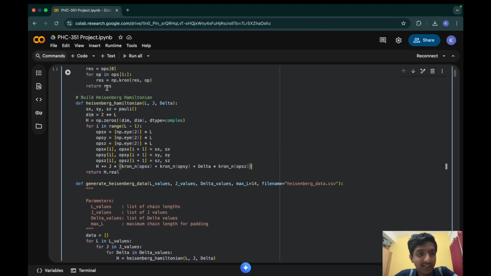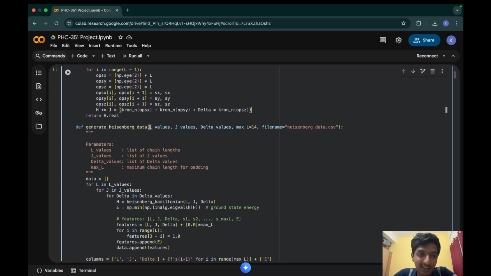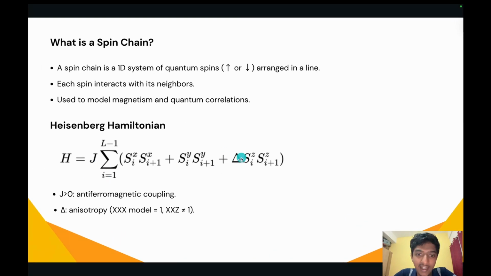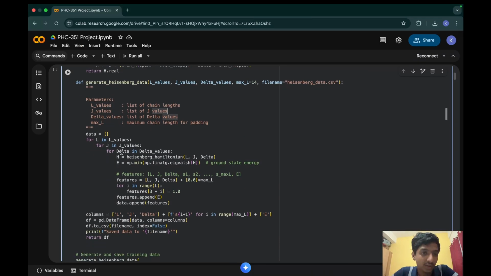So after building this Heisenberg Hamiltonian, we move on to generate the data needed for the project. So first, let us understand these parameters. The L values are the list of chain lengths, and the J values is the J that is defined over here, and similarly the delta is this one. And now this triple loop ensures that all the possibilities of L, J, and delta are considered while making